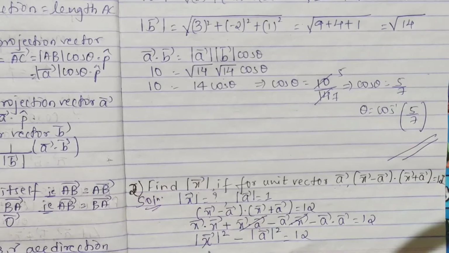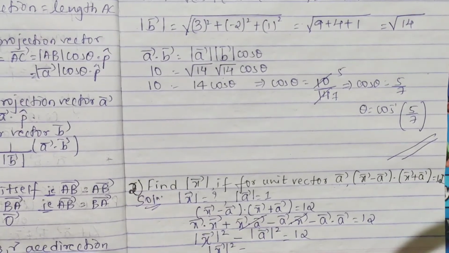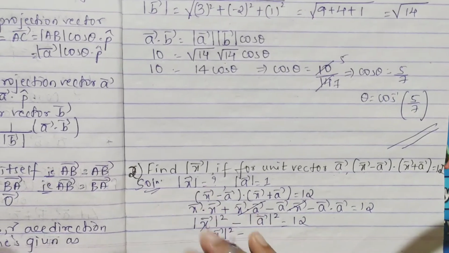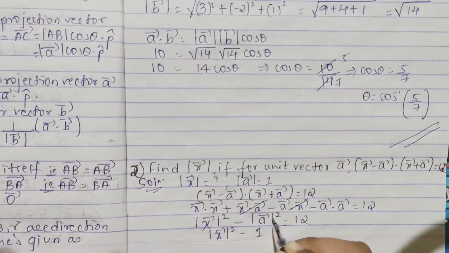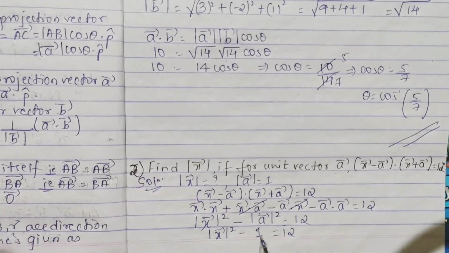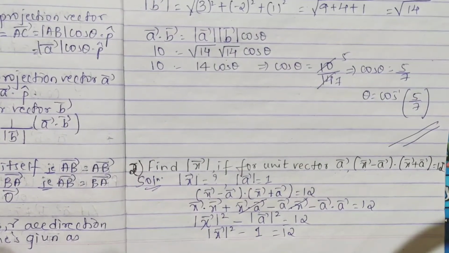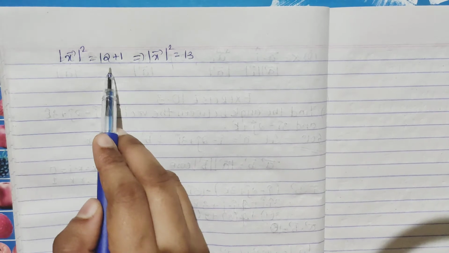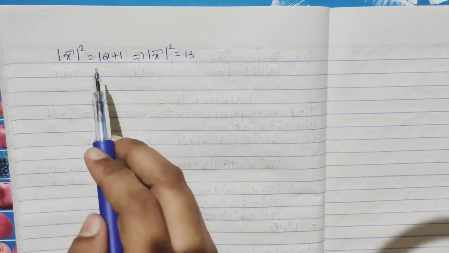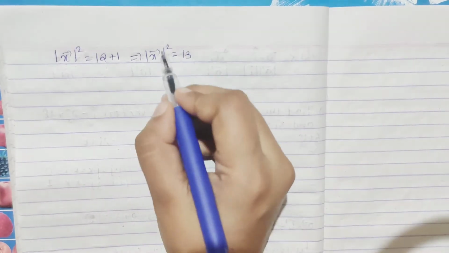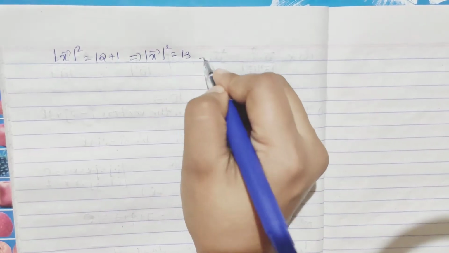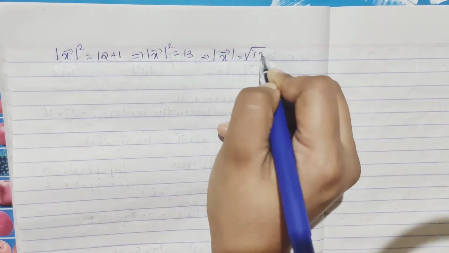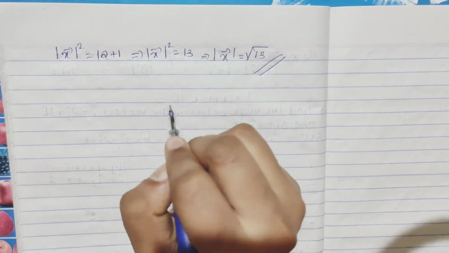Okay, now this is modulus of vector x square, keep it as it is. They have given modulus of vector a as 1, so this I can write as 1. 1 square is 1 itself, then 12. Take it to the other side, and find your modulus of vector x, simple. So you have got modulus of vector x square is equal to 12 plus 1, minus 1 goes to the other side means plus 1, that is 13. You want the modulus of vector x, so modulus of vector x is equal to, square becomes root, root 13. So this is your answer. Okay, am I clear?